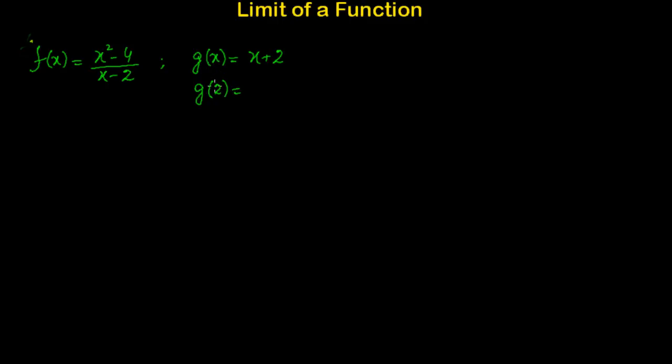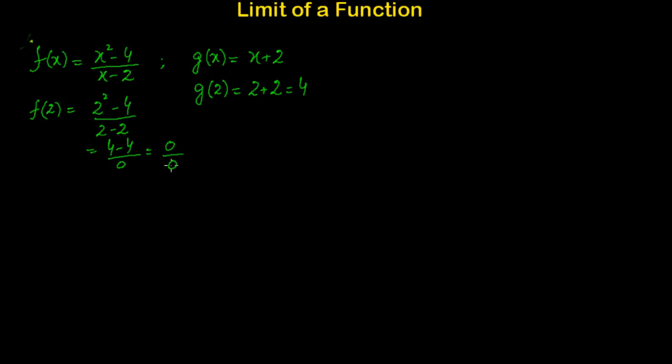That means we will replace x by 2. So g of 2 will be 2 plus 2, that's equal to 4. But if we look at f at 2, this will be just replacing x by 2, so 2 square minus 4 upon 2 minus 2, that is 4 minus 4 upon 2 minus 2, which is 0 by 0. So g at 2 equals 4, but f at 2 is equal to 0 by 0,